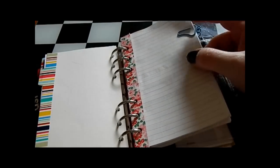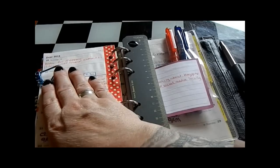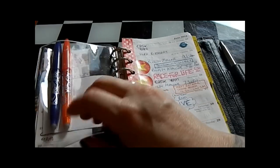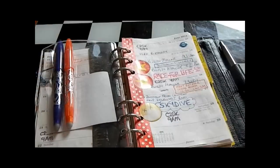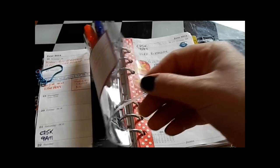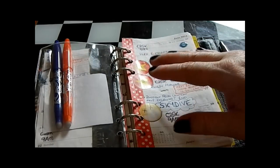So I always clip together the pages that I've used, and then I can flick straight over to this week, and I just scribble everything down, and then as you can see, this is where the pen loop fingers had to come into play. I've got a clear plastic sheet, and I've stolen an idea here from My Purpley Life, which I think is an absolutely fabulous idea. She keeps a plastic dashboard in her week that she's on at the moment, and she